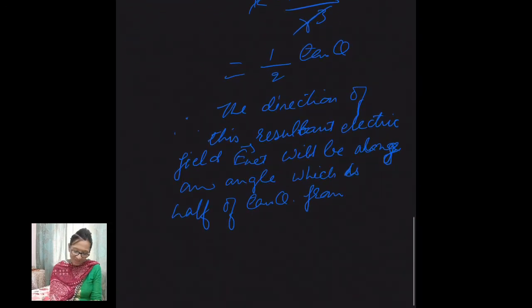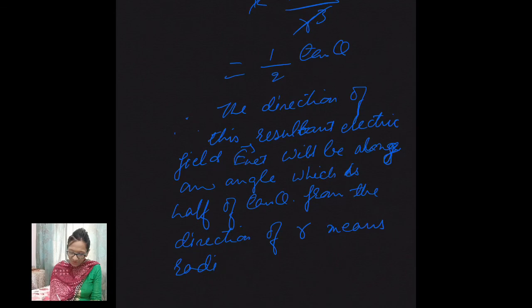I just expanded it, and this is equal to K P upon R cube under root 1 plus 3 cos square theta. This is your electric field net, magnitude of electric field net at